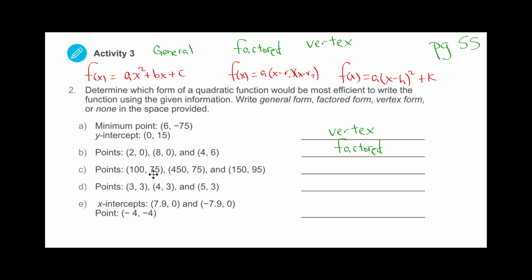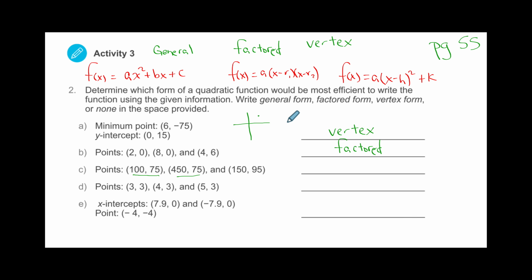C, we have 2 random points here. Now here's the best part. We need to sketch this a little bit. Let me show you what I would do here. Check this out. We have (175, 75) and (450, 75). So where can I draw this? I'll draw this right here. I want some room. So if I were to draw this, 100 is over here, 75 might be there, and